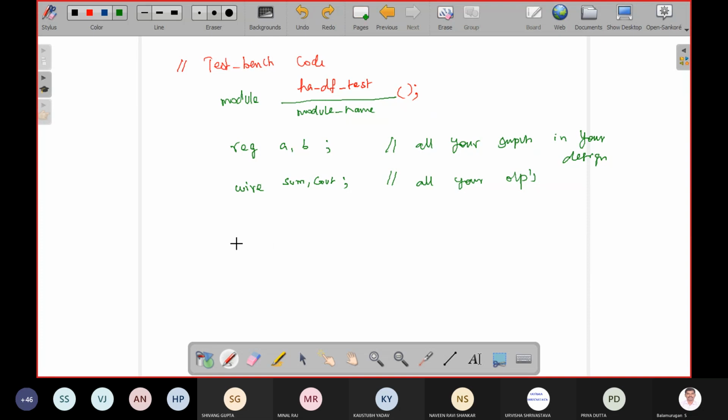These are the two data types available in Verilog: register data type and wire data type. Why do we give the output a wire data type? As design engineers, are we going to observe the output or modify the output?